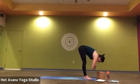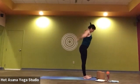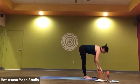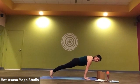One more here. And we're gonna inhale, reaching all the way up. And exhaling all the way down, forward fold. Inhaling halfway to flat back. Exhaling, plant the hands, stepping back into plank and moving through your vinyasa, whatever that looks like, or following me,